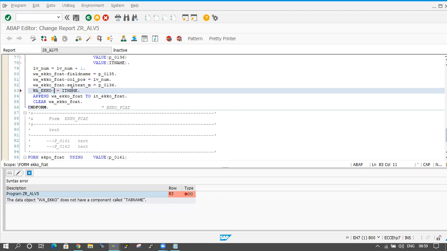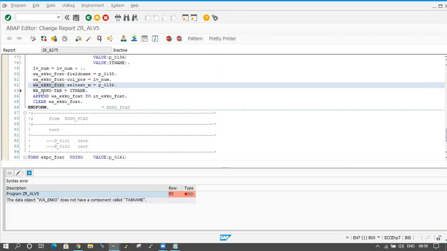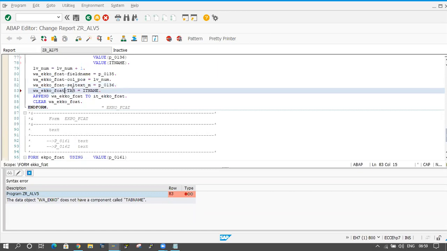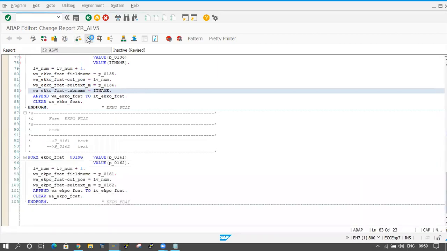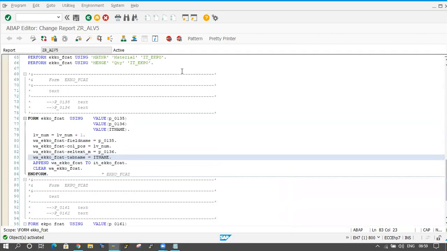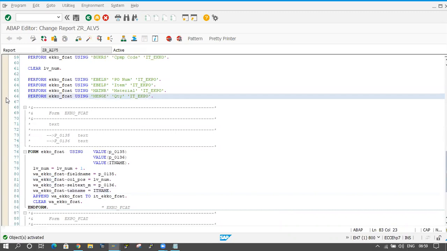Okay, one minute. Work area EKKO, sorry. Okay, tab name equal to IT name. Now I will check it and activate it. Okay, so now I will execute the program here.